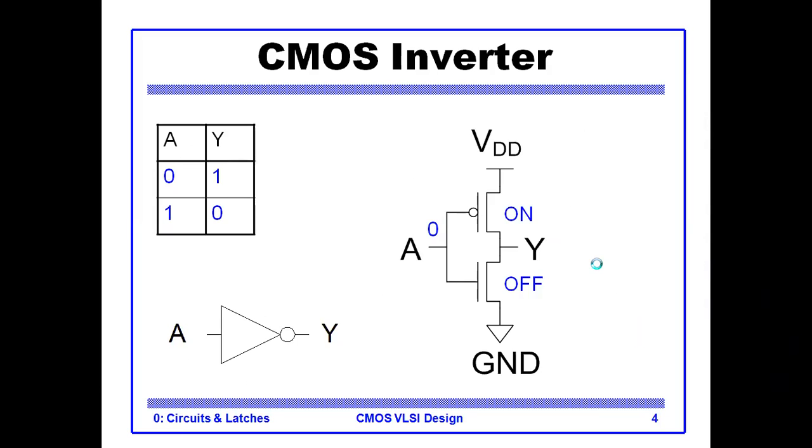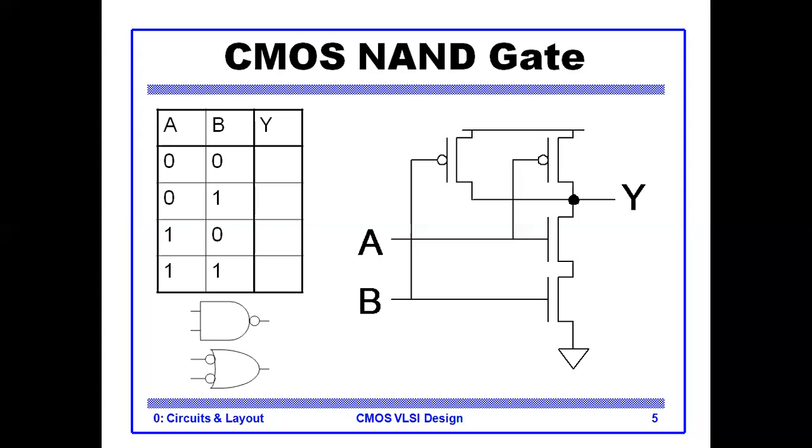And now, next, the CMOS NAND gate. Now here we have to implement the circuits. The first circuit is the CMOS NAND gate. All of you know the truth table of the NAND gate: when one of the inputs is 0, the output is 1, and when all the inputs are high, the output should be low.